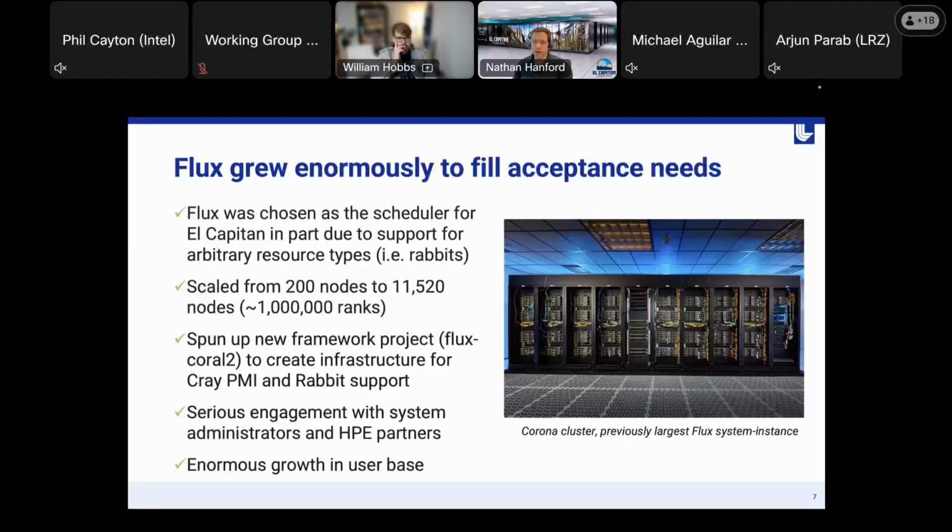This required serious engagement with system administrators here at Lawrence Livermore Lab, and also our vendor, Hewlett-Packard Enterprise, and a lot of their technicians and developers and partners to extend Flux and to engage in the Flux software ecosystem. This also gave us an incredible growth in user base, with users bringing us not only our traditional scale-out jobs, but a whole new category of workflows,